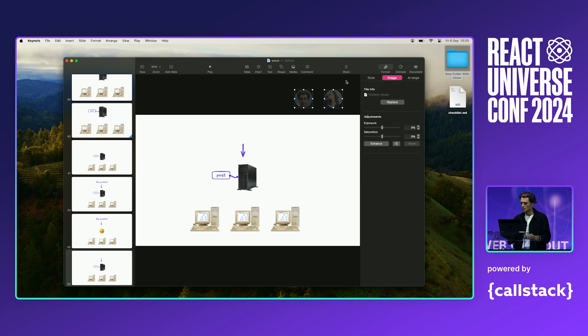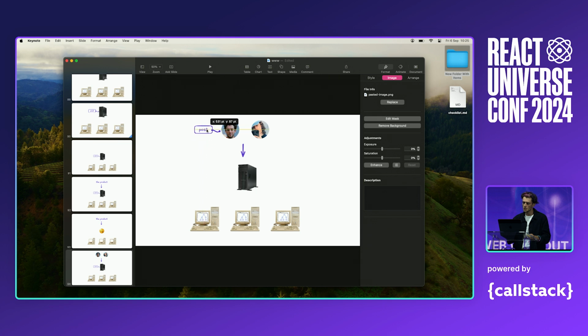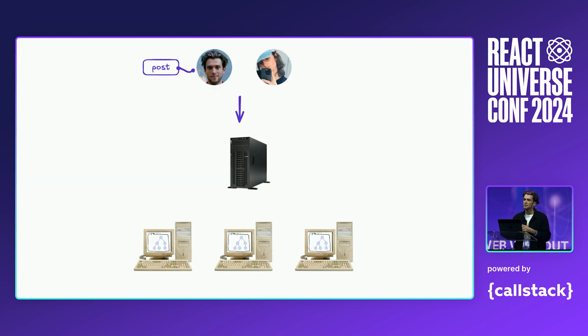It's really the user who is the source of truth. So if I post something, conceptually, it's my post. When I post something on Twitter, it's not Twitter's post, it's my Twitter post. And so the question is, what if we could lift state up one more time?